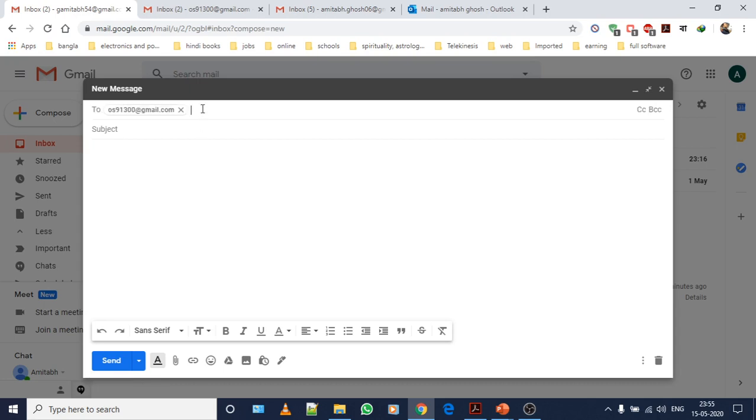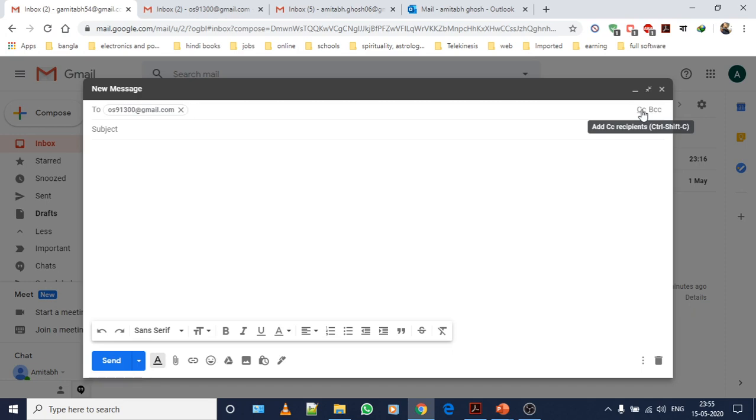When you click here, it will show whether the email ID is correct or not in this particular box. Now on the right hand side you'll notice the CC and BCC fields. When you click on or hover your mouse, it says add CC recipient. Recipient is the person who receives a mail.